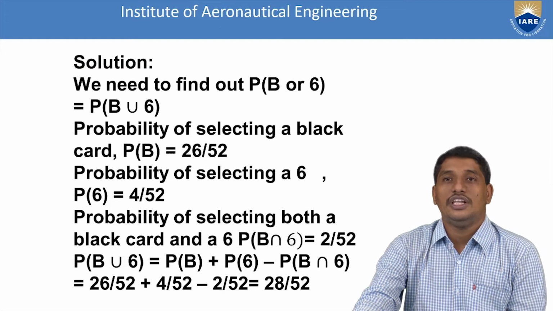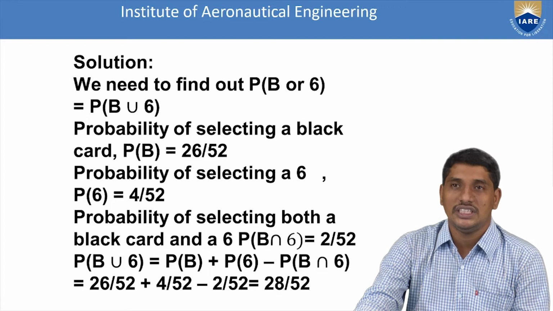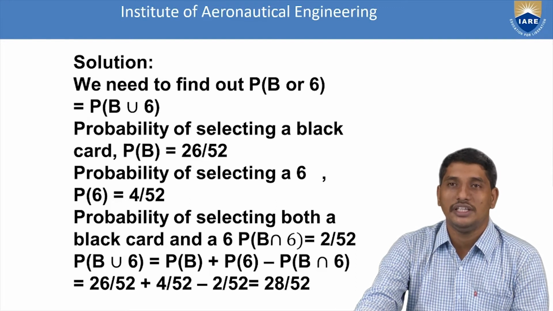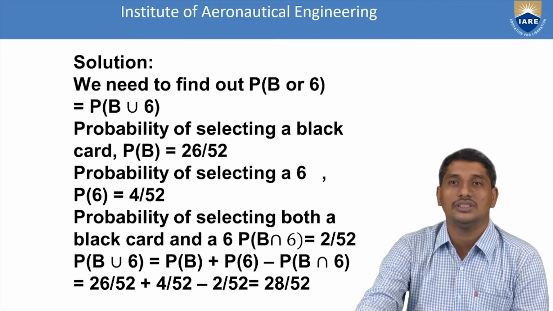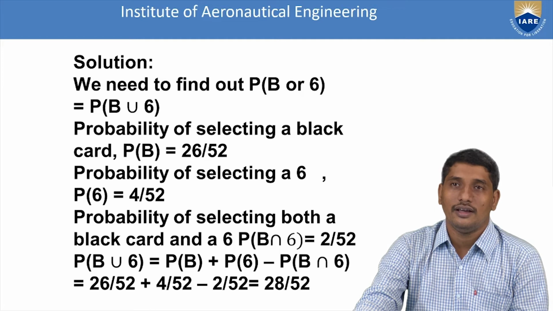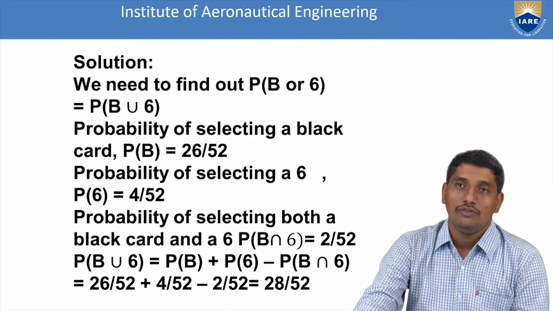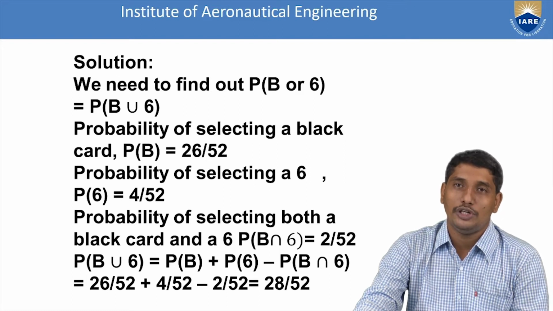First, we represent black with the event B and we represent getting 6 with 6. So we simply name black card with B and getting number 6 with 6. Then if we translate getting either black card or 6 into mathematics, we get P of B union 6, because OR can be translated as union. We get the event probability of B